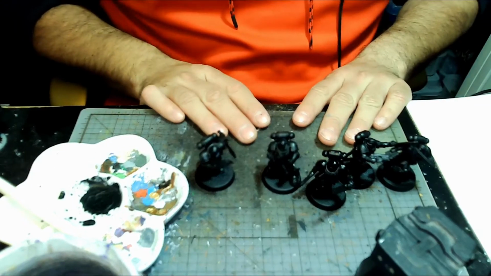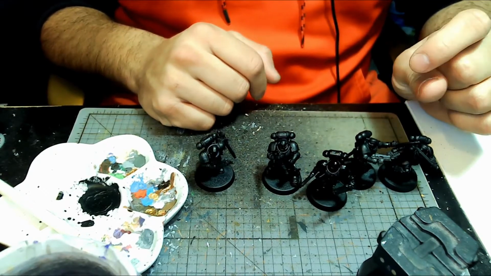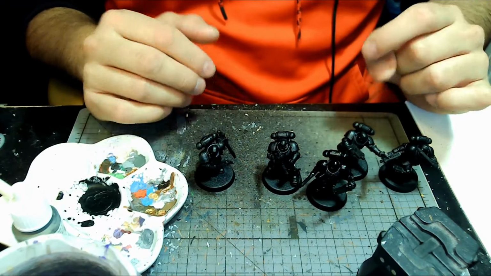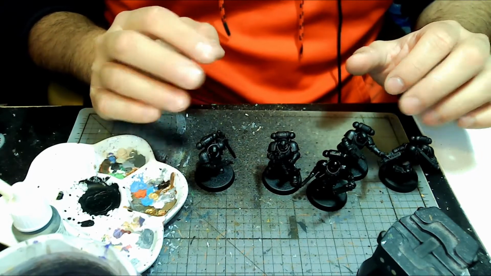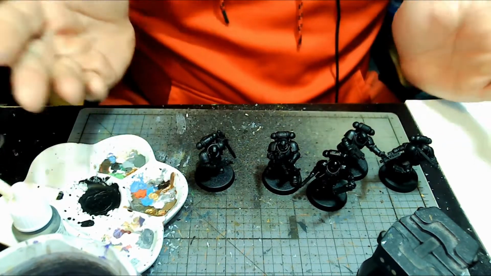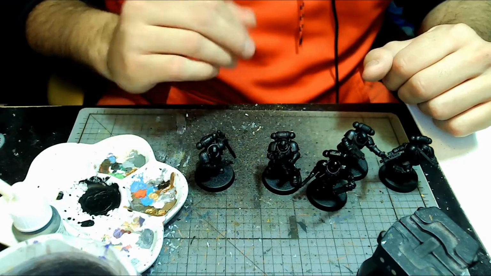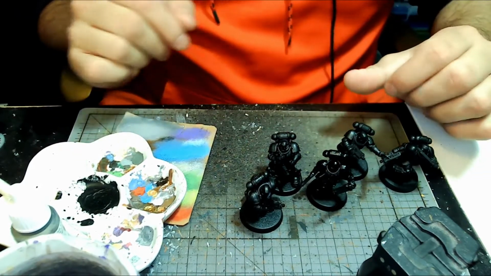As you can also see from the title of this video, these are going to be done up in the Black Templars chapter scheme, which in a way is kind of a cheap scheme to do because the main color is black. But the idea is to still try and make that look good. So basically the base color is already done. I mean, it's just primer and it's black. But what we want to do is make that black not more complicated, and add some stuff to it. So what I'm going to do is, over the whole model,